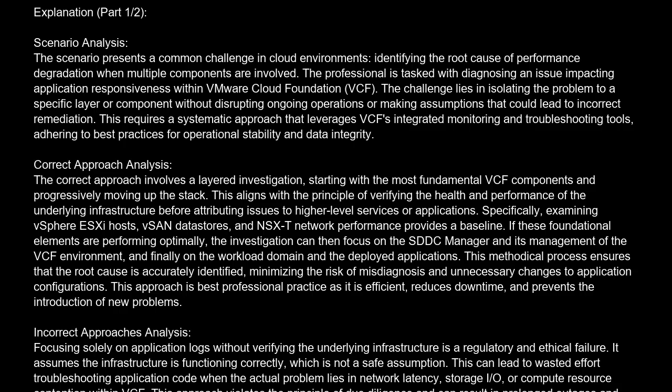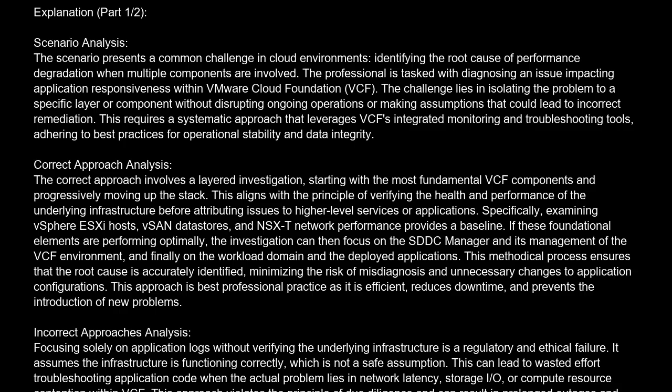If these foundational elements are performing optimally, the investigation can then focus on the SDDC manager and its management of the VCF environment, and finally on the workload domain and the deployed applications. This methodical process ensures that the root cause is accurately identified, minimizing the risk of misdiagnosis and unnecessary changes to application configurations. This approach is best professional practice as it is efficient, reduces downtime, and prevents the introduction of new